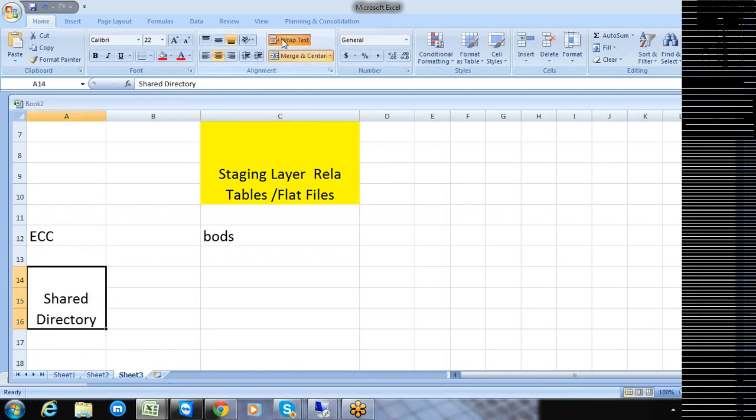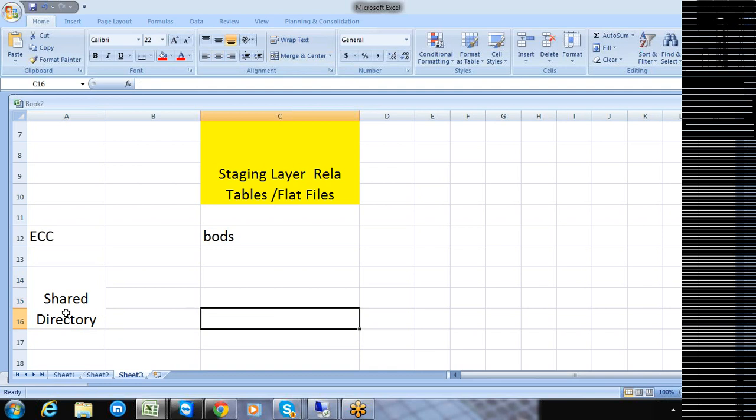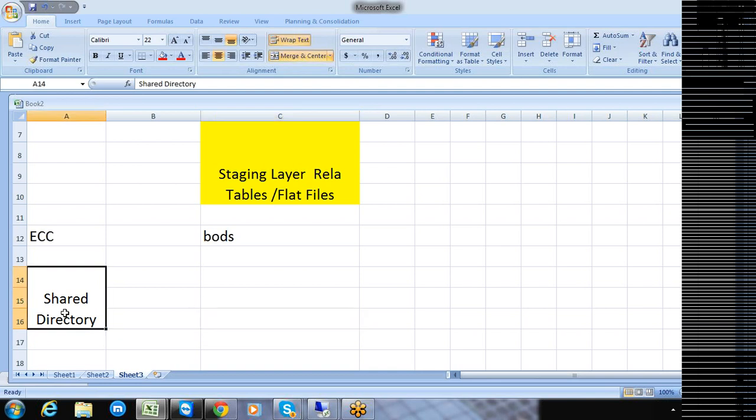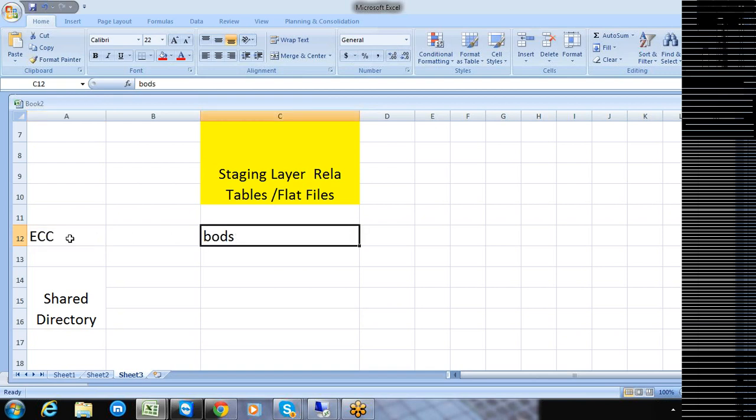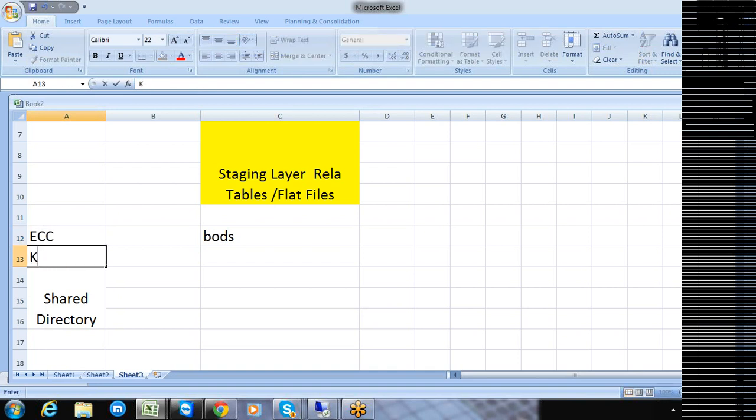With this shared directory, BODS is supposed to extract the data from the ECC table. Assume that we are using a table called KNA1.